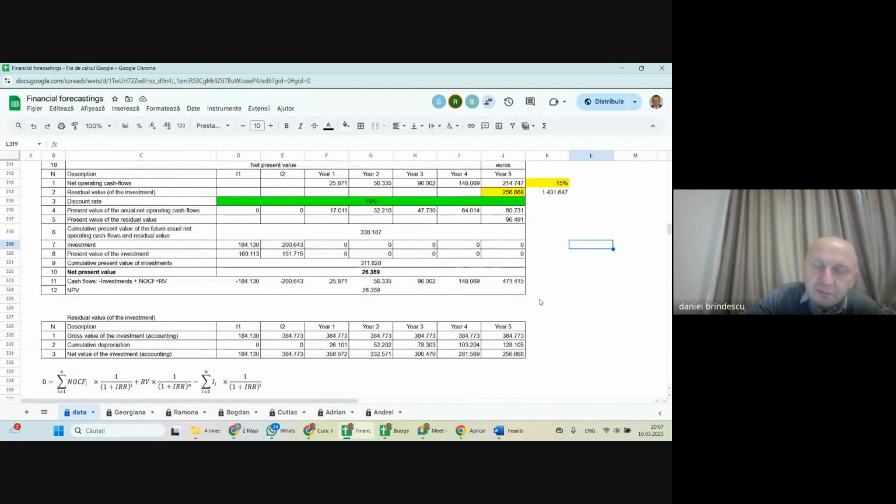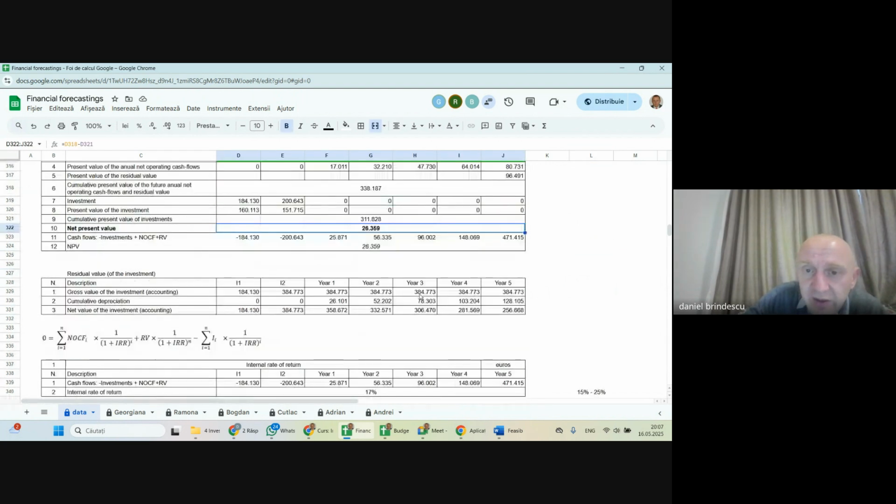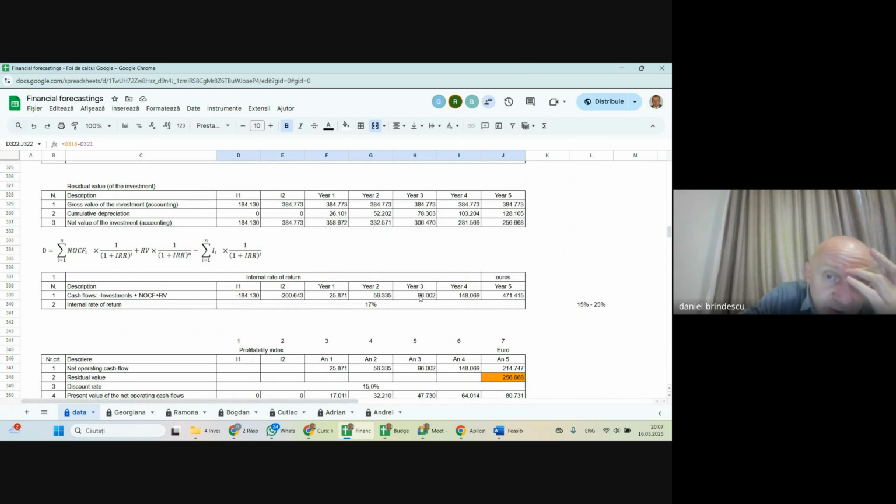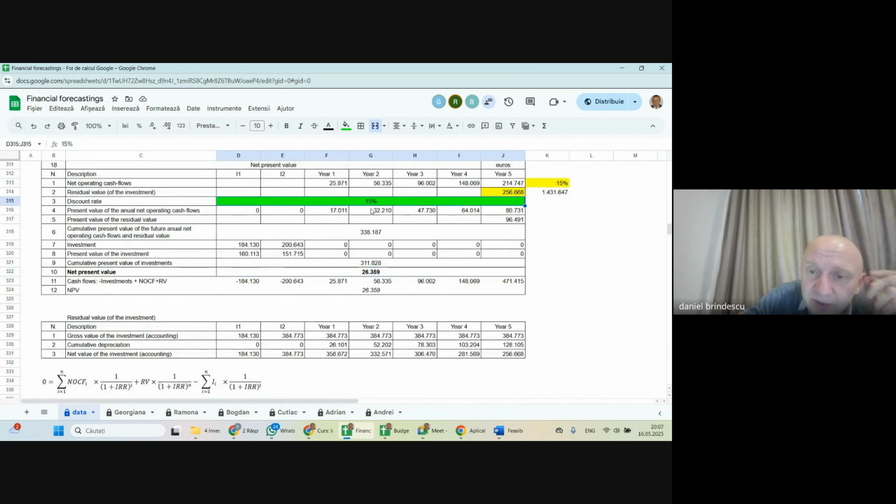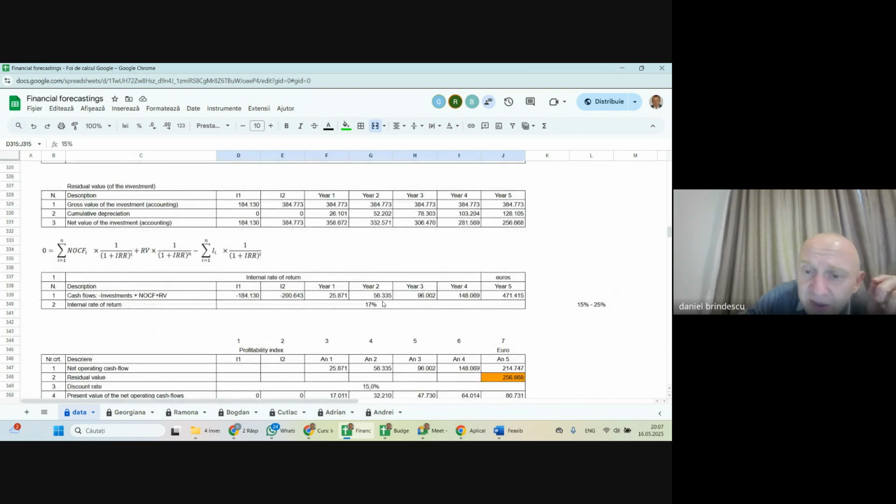So we have our financial indicators. And in my case, it looks well. It looks like my investment would generate the expected 15% return and something in addition. So this suggests that I would do the investment. However,